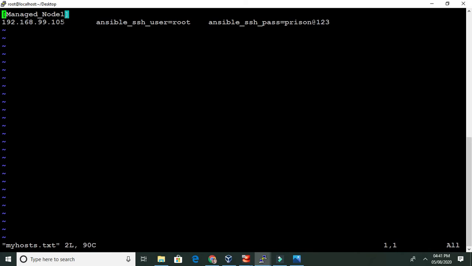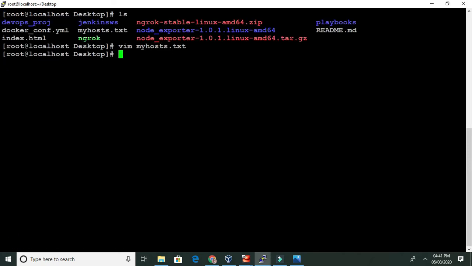You can see that I have written the IP of the managed node. I am connecting to that managed node via SSH. I am writing that the user of that managed node is root, and the password is this one. Root is admin access, so we are taking it. So this part is done.